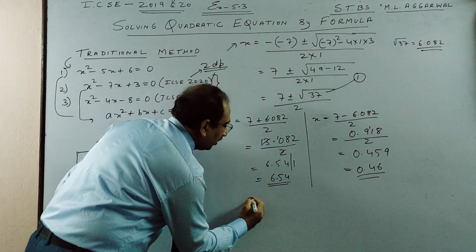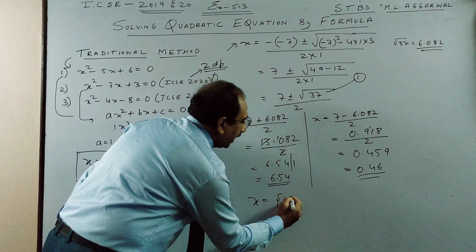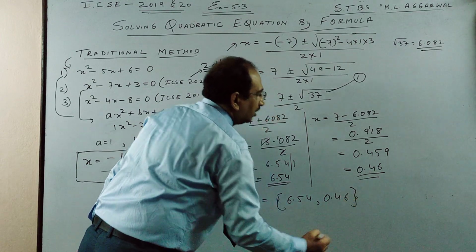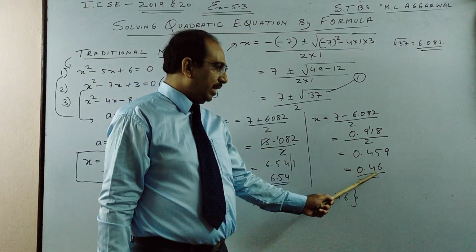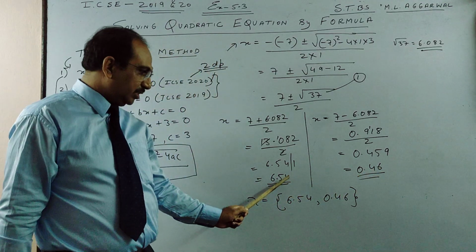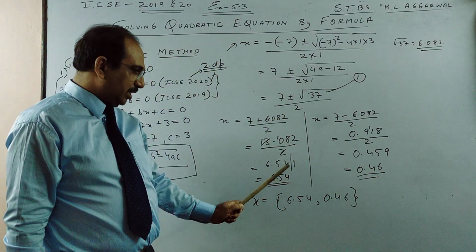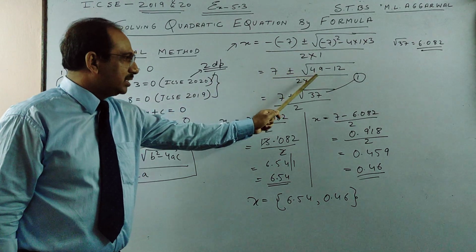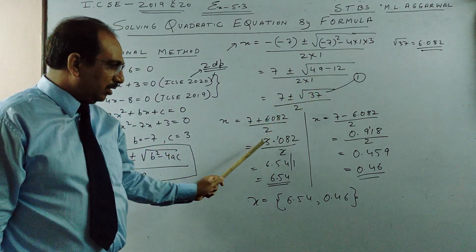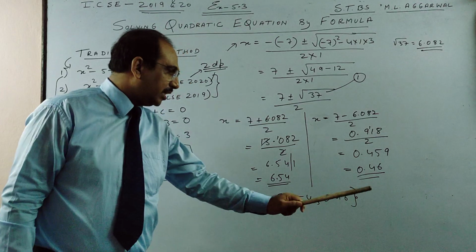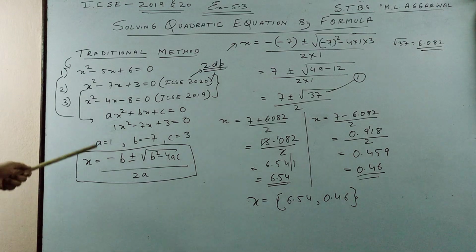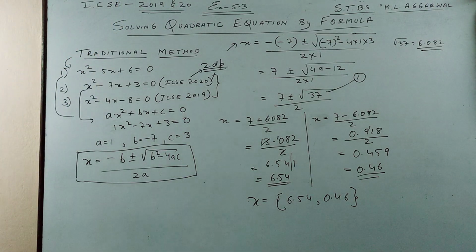So finally what you will write, x, as you can write in this, 6.54 and 0.46. So this we have rounded off. This was more than 5, so it becomes 0.46, and this was less than 5, so this becomes 6.54. So this is how we have a formula, and then we substitute the value of a, b, c. We come to here, we get the root, and finally when you get both answers correct, you will be awarded the full mark. So please pause the video and copy, then I'll go to year 2019.